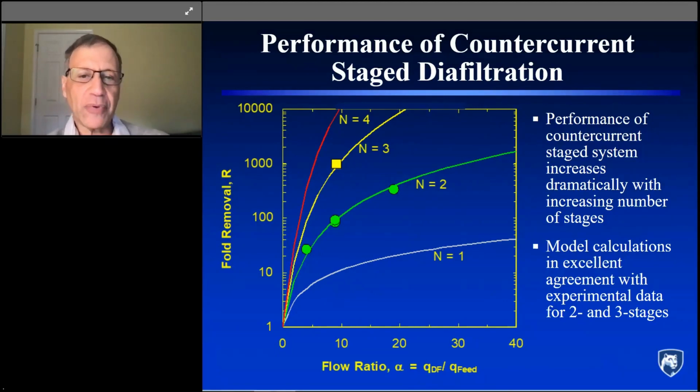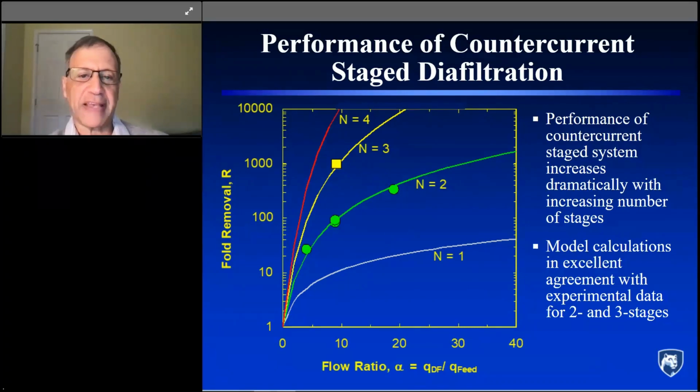And if we tried to do it in a single-stage system, the buffer requirements would be so large that they're well off this axis. The symbols on this plot are experimental data. We had both a 2-stage and a 3-stage system that we built in our lab. And you can see that the data are in excellent agreement with the model calculations,